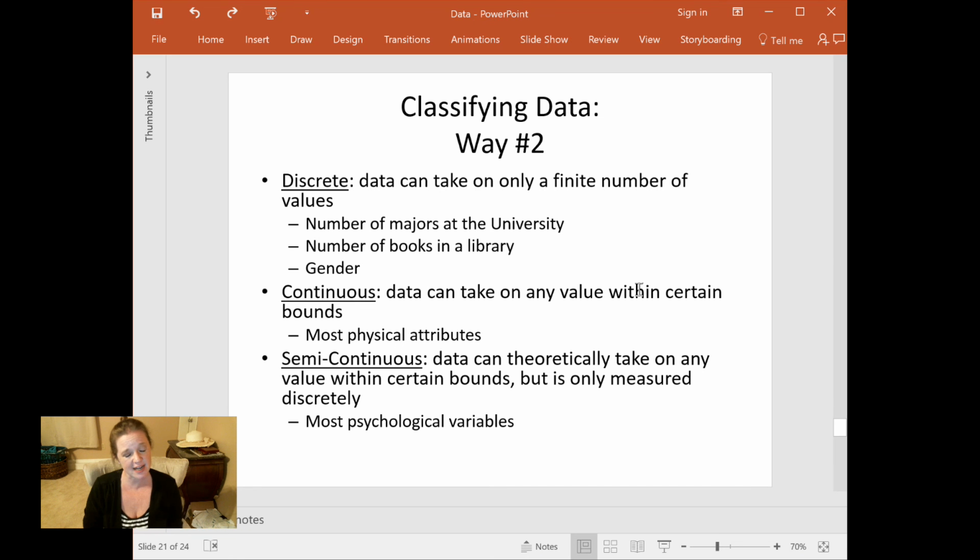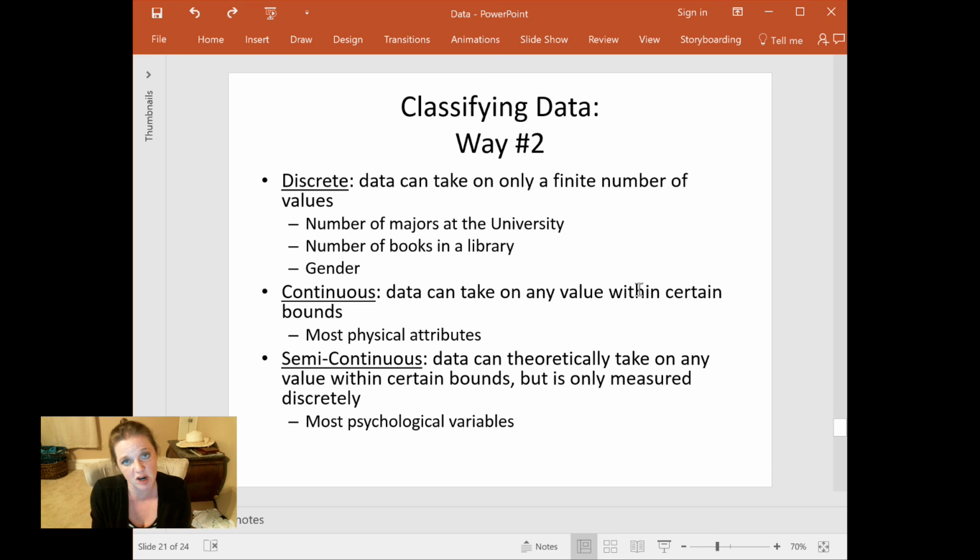So some quantitative variables are discrete, and all qualitative variables are discrete. Gender, ethnicity, right? They're just by their very nature discrete because it can't be in the middle of two categories. You can't chop it in half. This is different than a continuous variable. Now only quantitative variables can be continuous, although not all are.